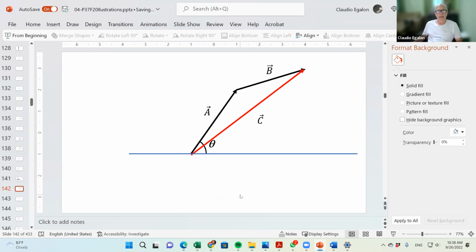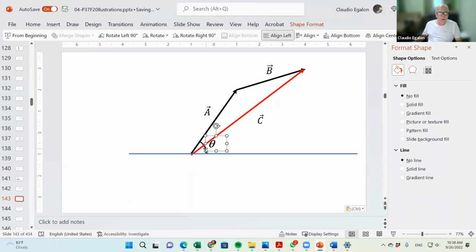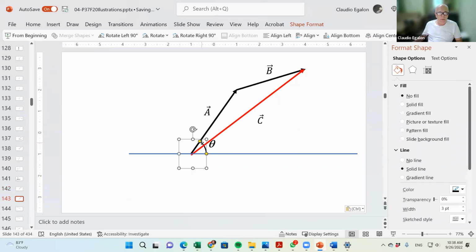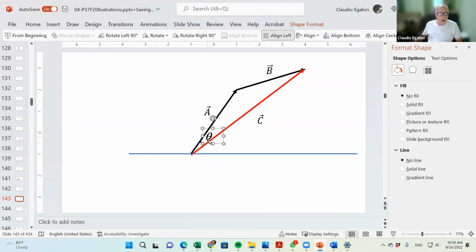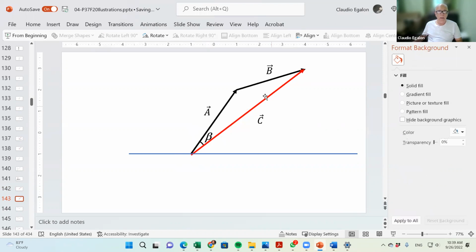There is a theorem, they call it a law, but in reality it's a theorem, okay? That relates this side with the other two. And it's very easy to memorize because it's very similar to the Pythagorean theorem. It's not the same, it's because the cosine law is more generic, okay? So this angle here, I'm going to call beta because it's opposite to the side B.